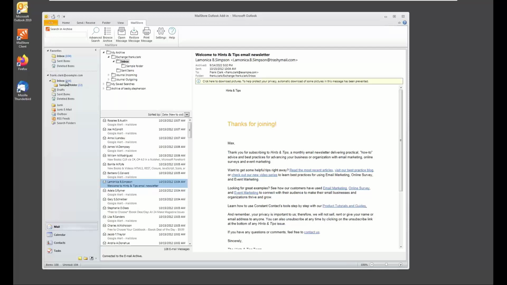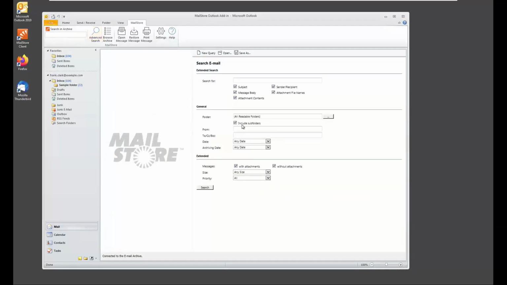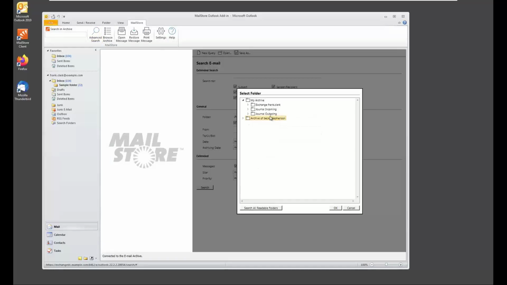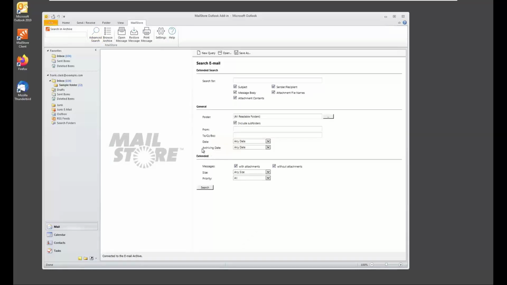So the Outlook add-in is hopefully pretty straightforward for most users. You really just have to point them to this MailStore tab. It has all the same search capabilities. We can use the quick search and just type in a keyword, or we can use the advanced search and again fill in any of the same parameters that we saw. Again, we can drill down to specific folders if we want,